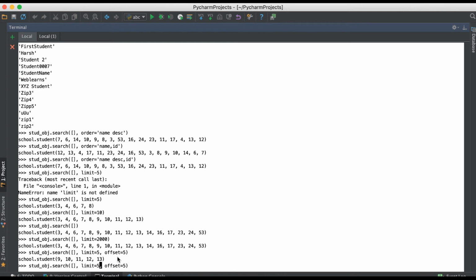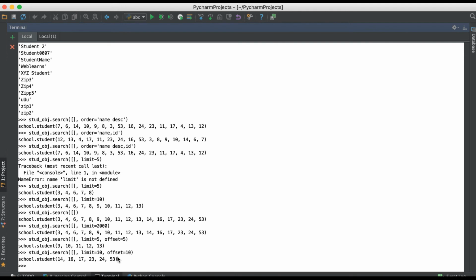If we jump, like, okay, I want to change the limit and offset is fixed as 10 records. After 10 records I need again 10 more records, so you can use something like this. So this is about the search method, like